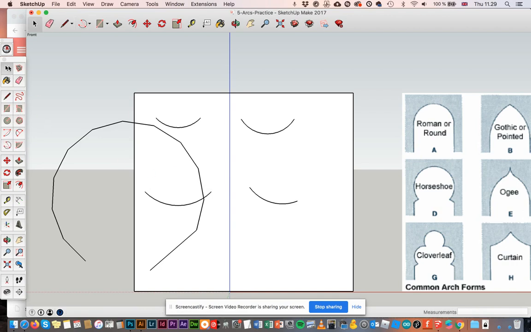You will tell me that my circles look really broken up here. They don't look like real circles. They look more like some kind of complex polygon. And that's correct. With the arc and the circle tool in SketchUp, when you draw a circle,